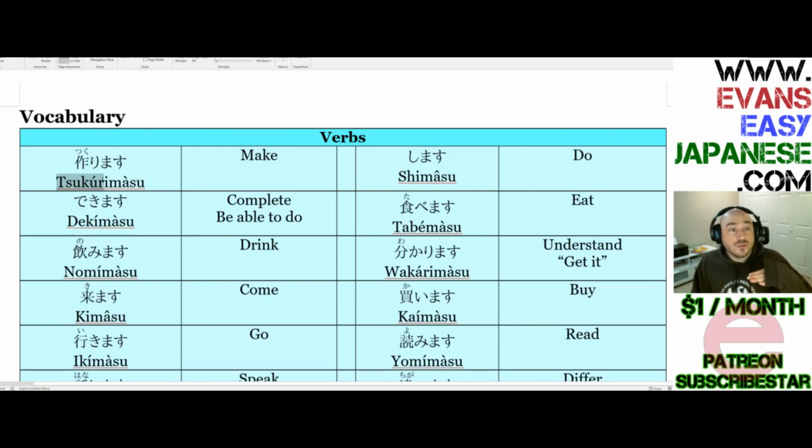So, tsukurimasu, and then bring it down. Tsukurimasu, tsukurimasu. It's going to sound funny at first, and then this will come out more clearly in the conversation. So don't worry about it too much. I'm just gonna say the words close enough to the accent and have you guys repeat them. Okay, one more time. Tsukurimasu,